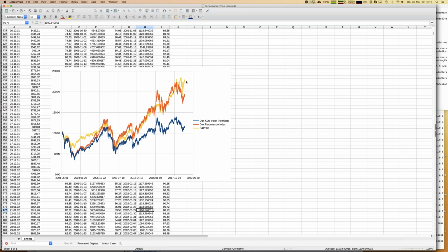Okay, there's one remark I have to make, because I'm comparing now dollar with euro, because the S&P 500 is more or less a dollar value, and the DAX, of course, is a euro value, but that doesn't change the overall picture that much. Right now we have an exchange rate of about 1.15, and at the very beginning here we had about 0.95, so close to parity. So that doesn't explain